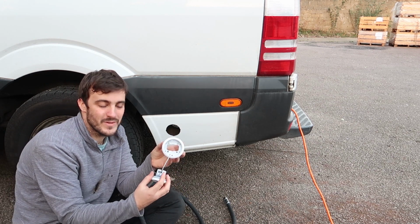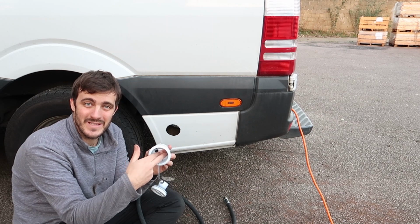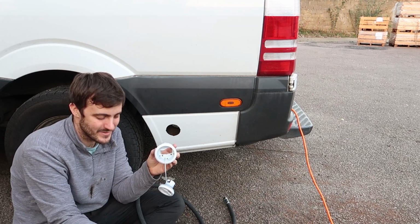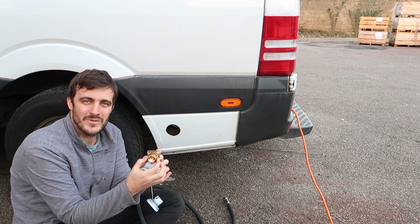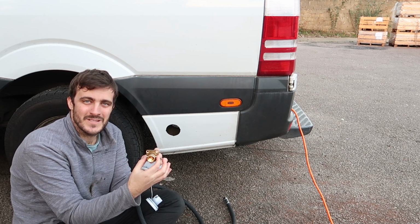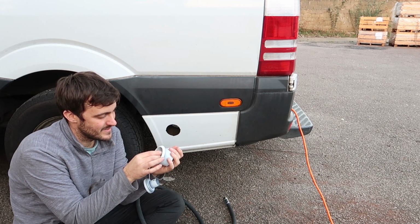When we install it, we'll want the little dangly hose bit that holds the front cap on to be at the very bottom, so that way it doesn't get in the way when you're putting the nozzle in to refill. And in the UK they have these two pins here for the adapters to go onto, and they go side by side, not top and bottom, they go side to side. So that goes in like that,